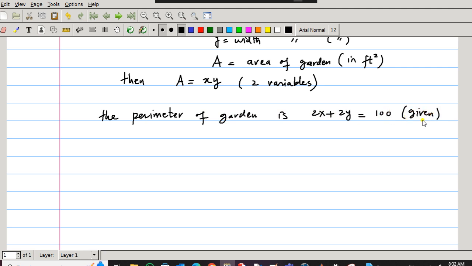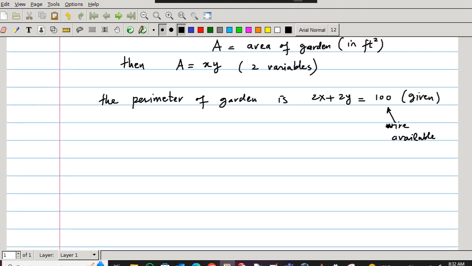This 100 feet is the chicken wire available. They call it a chicken wire. It's just a steel wire that has some barbs on it. So it's like wire where they make something here so that people don't come. You know, if they touch the wire, they may hurt themselves, right? So something like that. Anyway,